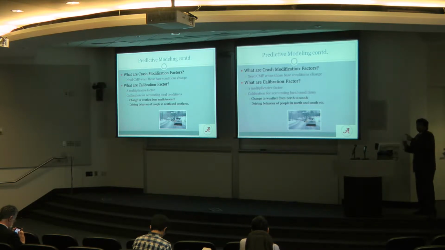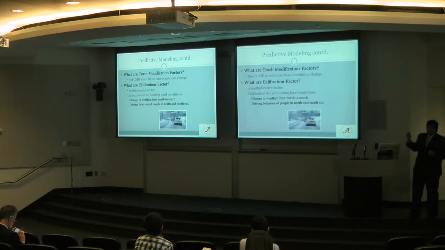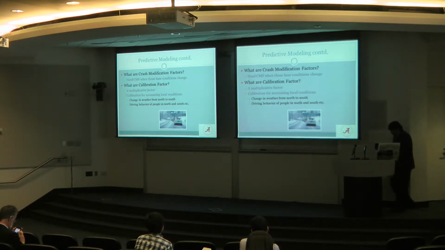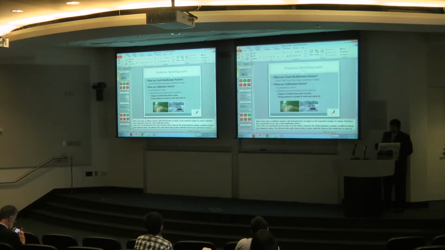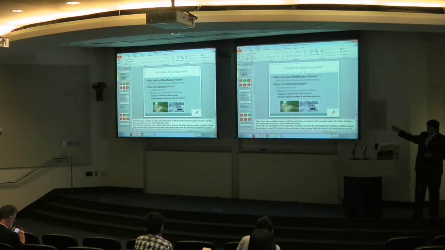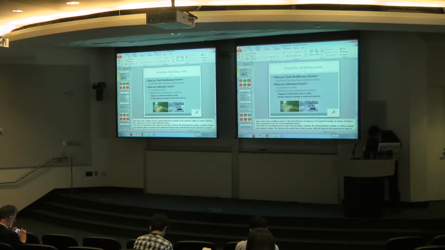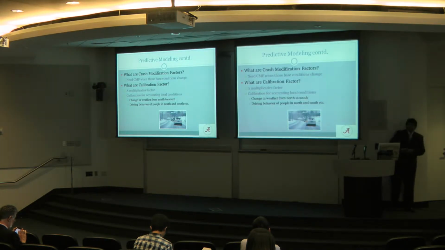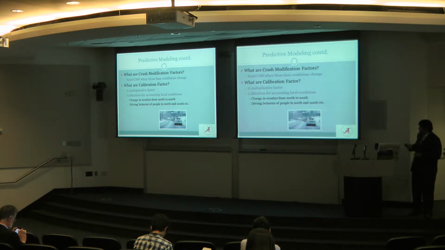And another thing, if you see the third multiplier in the previous equation, it was the calibration factor. The best way to understand the calibration factor is looking at this photo. Actually, there should have been two photos. I don't know why it's not showing up, but it will show up here. If you see a person who is driving in snow, the driver behavior will be very different from the driver who is driving in other conditions, where it's raining or it's filled with water. To account for such situations, we use the calibration factor.